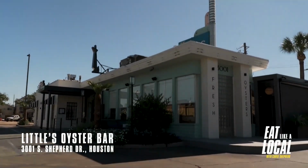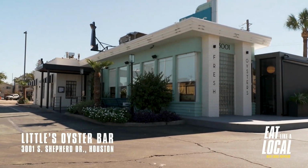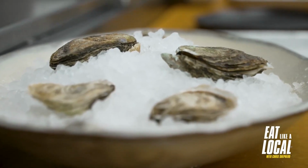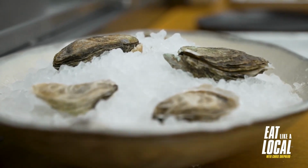This is a place Lindsay and I have come in just before going to the ballet. We'll come in and post up at the bar, get some oysters, a shrimp cocktail, because what is it, the pomegranate cocktail sauce? Yeah, that's delicious. Going from West Coast seafood to Gulf Coast seafood,